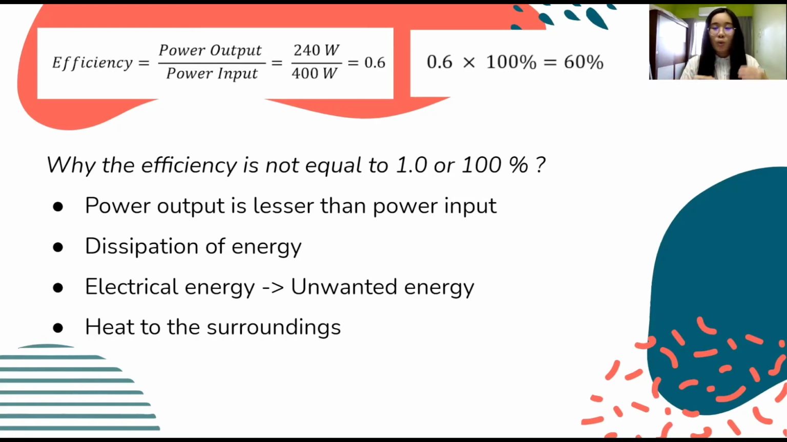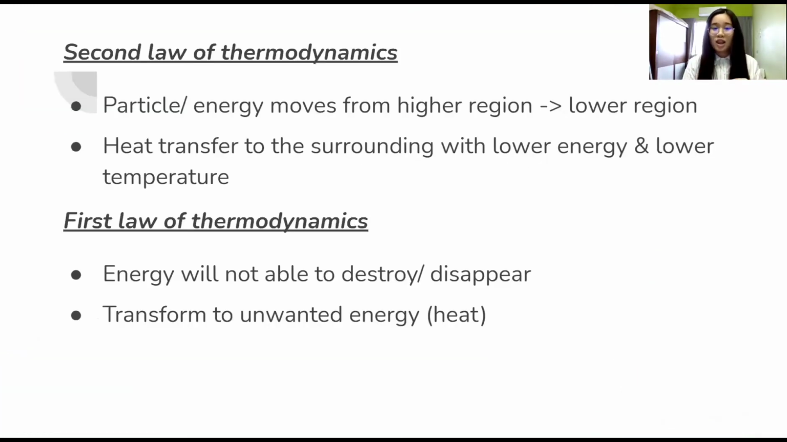In this case, when the current is passing through a cable, the cable inside has an electrical resistance. Some of the energy from the power input is needed to overcome this electrical resistance, so some energy is lost. And this energy will be lost in the form of heat, and this actually obeys the second law of thermodynamics, in which the particles of energy will move from a higher region to a lower region. In this case, heat is lost to the surrounding because the surrounding has a lower temperature and also